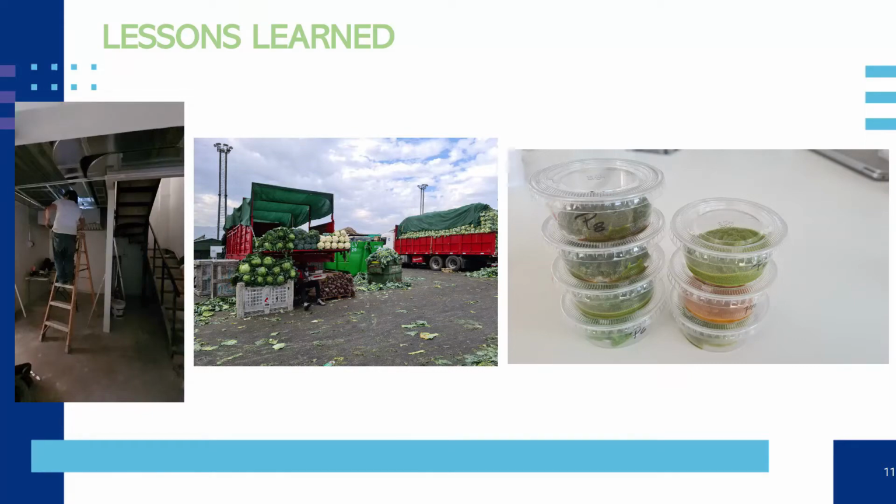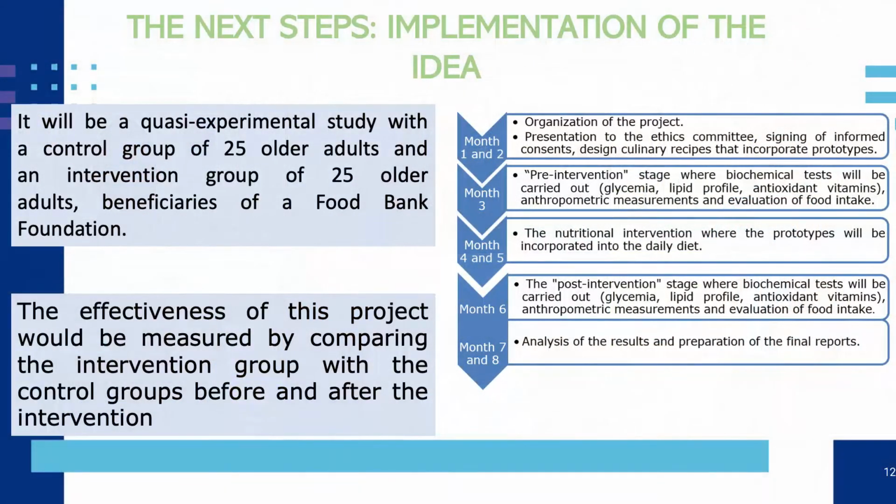And now, what is coming? Well, it is the implementation of the idea. This is a study where 25 older adults will be given one prototype soup and one prototype compote for two months every day, and the other 55 adults won't receive a prototype. So to see